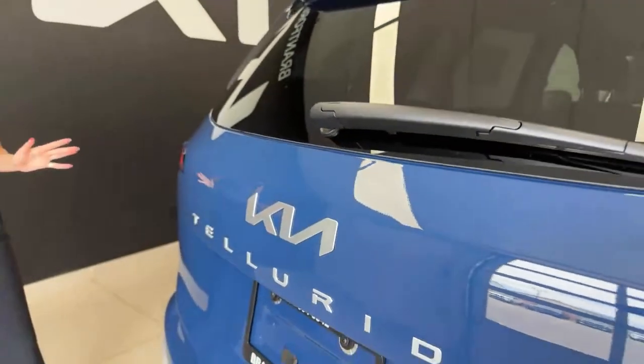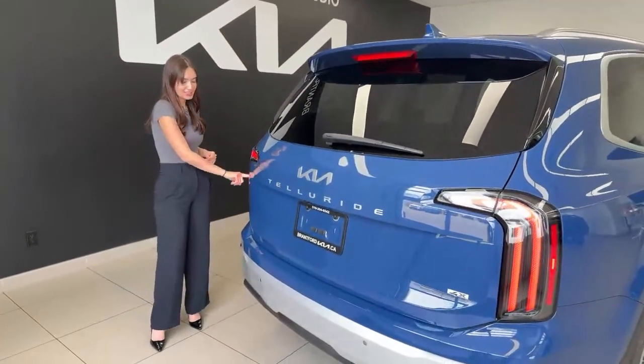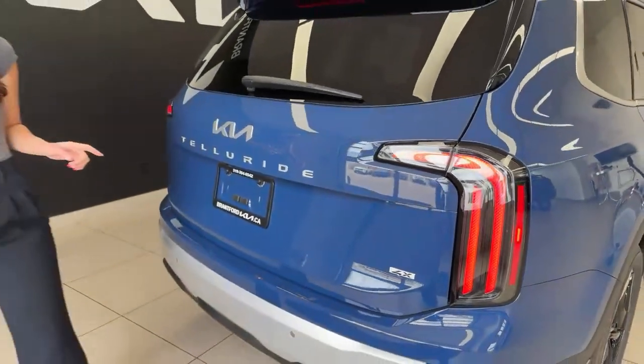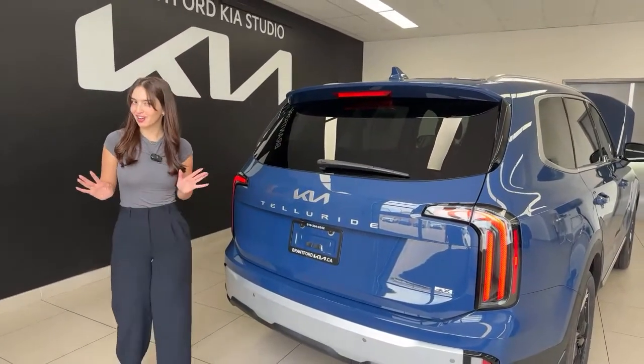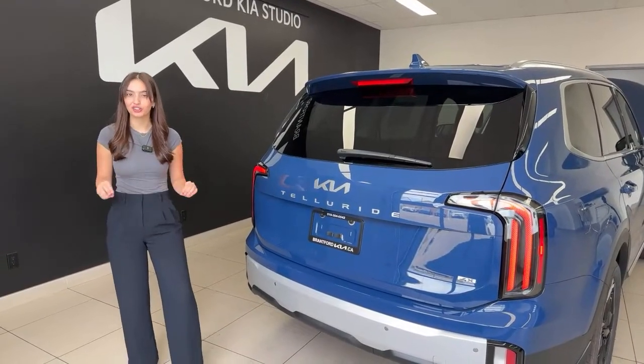You don't have to worry about them falling off. They look like they're in there. Your taillights are beautiful LED taillights. Very Telluride. And then we have a 4X badge on the bottom right corner. That's going to indicate that no, this vehicle does not have 4x4. It's not 4-wheel drive, but it is all-wheel drive, and that is standard on all trims of the Telluride here